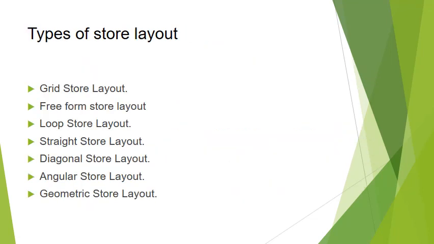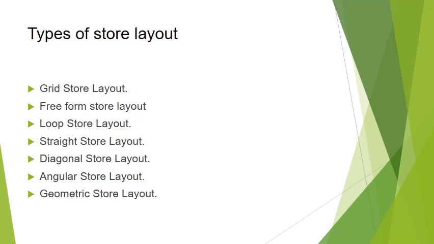There are different types of store layout. First one is grid store layout. It is a commonly used system followed by the conventional grocery store, as it facilitates planned shopping behavior so that the customers can easily locate products on their shopping list. The grid arrangement is not very important, but it ensures smooth shopping trips of the shoppers within that store. Examples of grid store layout are supermarkets and drug stores.